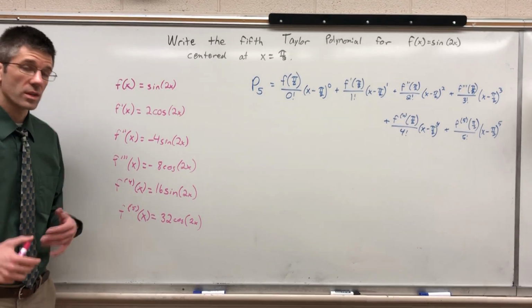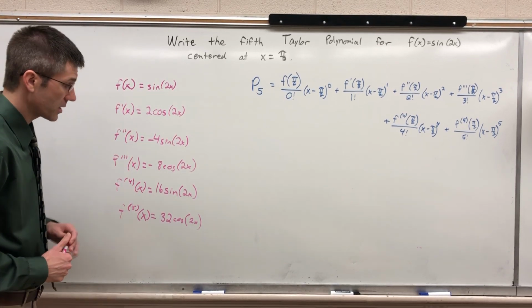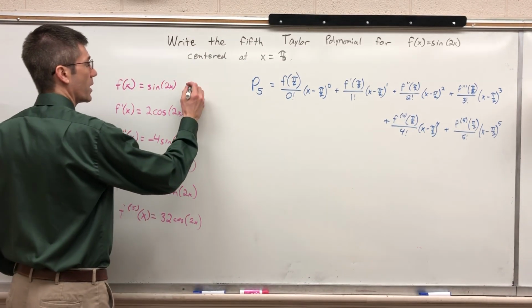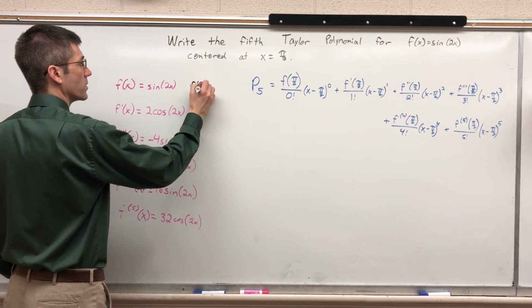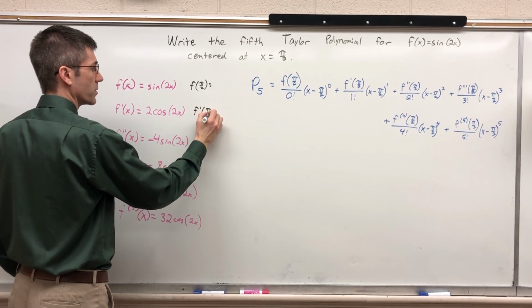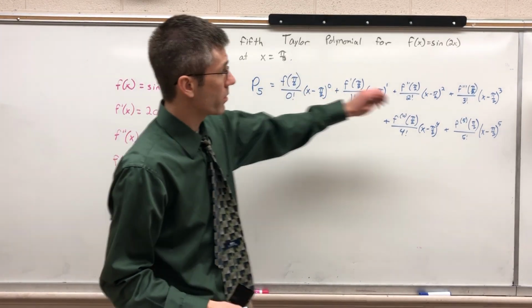So as we do this, we're going to start figuring out what happens as we plug in pi over 2 into each of those. So let's switch colors one more time. And we're going to find out what f of pi over 2 is. We're going to find out what f prime of pi over 2 is. In case you're wondering what's really happening here, we're trying to find all the components we need just to fill